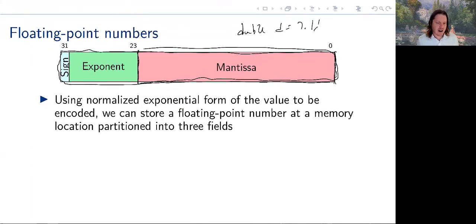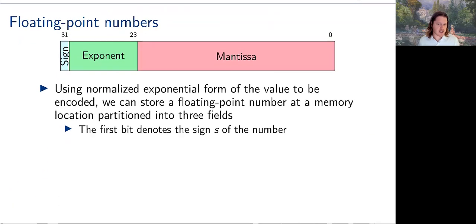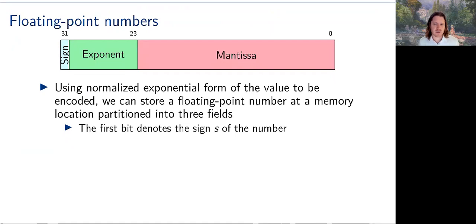And base 10 is going to be stored in the exponential field. And then there will be a sign bit here, which will take on a value to communicate whether we were storing negative 7.1 or positive 7.1. So to just run through this using normalized exponential form of the value to be encoded,